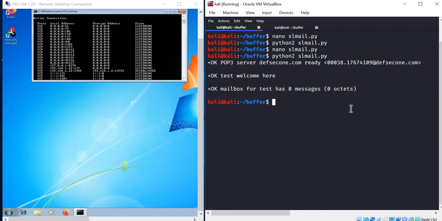Now I have already said that the password parameter is vulnerable for buffer overflow exploit. So you can just Google search SLMail POP3, and you will be able to find that vulnerability. In case we are not aware of the parameter, what we normally do is fuzz each and every parameter to find the buffer overflow. But here it is pretty clear that the POP3 port and the password parameter is vulnerable for buffer overflow.